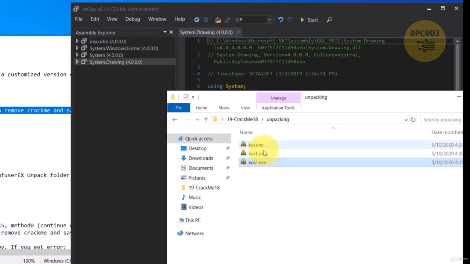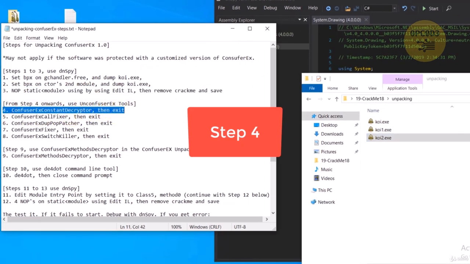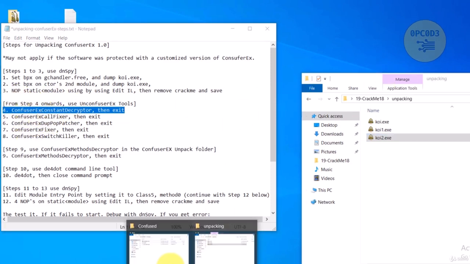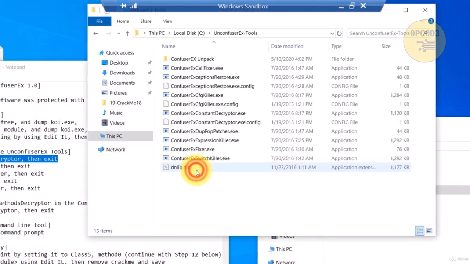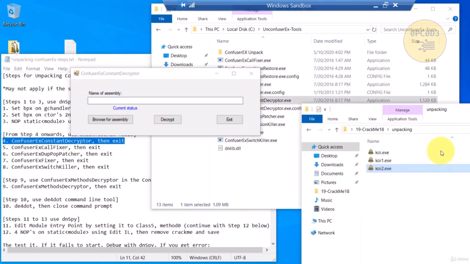So we have 3 stages of unpacking now. We are now at stage 3, we're now going to step 4. At this stage, we can close our dnSpy and use another different tool. So this different tool comes from the ConfuserEX tools. So go to C drive, ConfuserEX tools. Open the Confuser constant decryptor, which is over here. Double click. And then open COI2